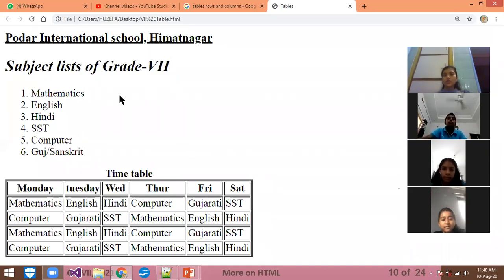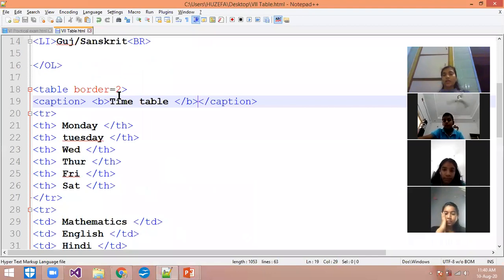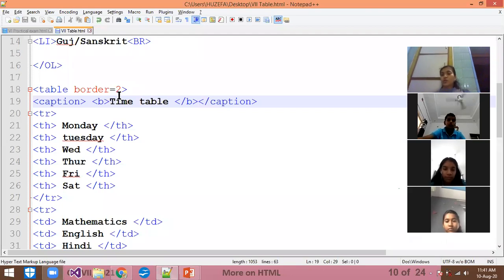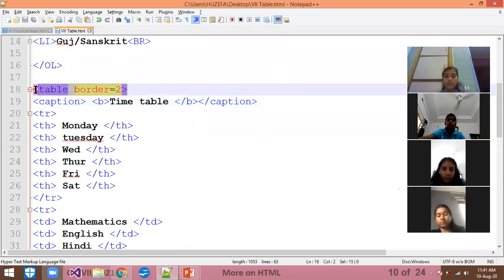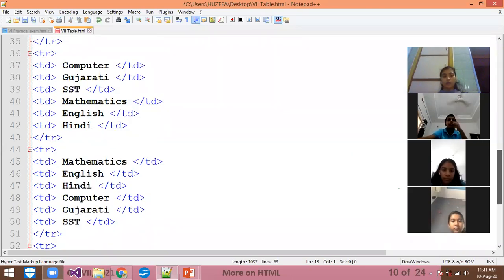Yes, ma'am. So here we learned the 5 tags: table, tr, td, caption and th. Right? So I want to show you one thing. If you think, ma'am, if we remove the table, we have a tr and the td also, so what's the need to write the table tag? No one asked me that. So I want to show you what will happen and what the output will be if I remove the table tag.